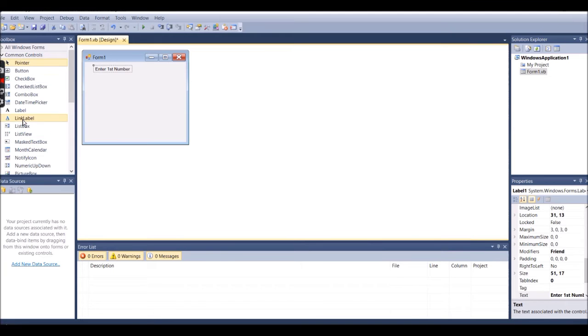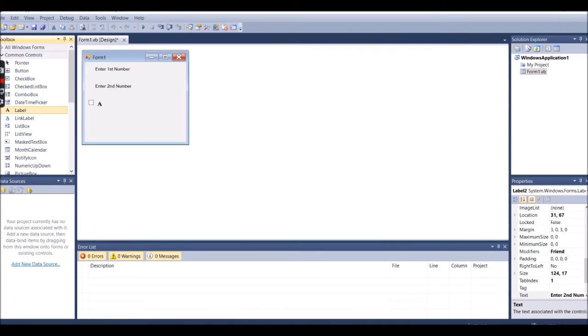After that, take another label where you can write Enter second number. Make it proper, in the same proportion.